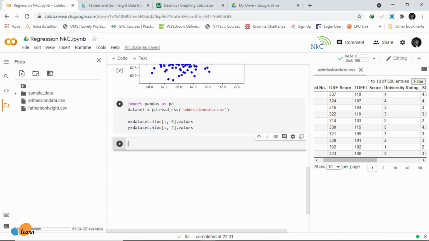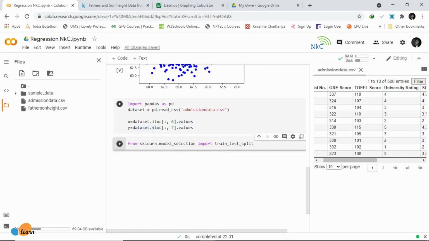In order to see how accurate our model is going to be, what we are going to do is say from sklearn.model_selection import train_test_split, and we are going to have our X_train and our X_test, y_train and y_test.